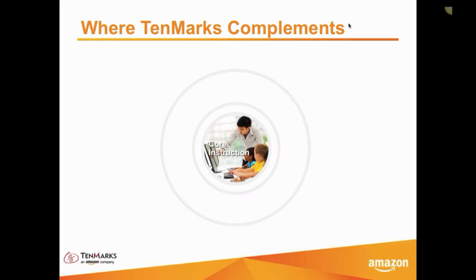On their TenMarks initial diagnostic assessment, they were at 44.9% mastery on last year's standards. But over the course of the year, they were able to actually score incredible results. Some of the new Smarter Balanced results are coming back, and actually in this particular class that you're looking at, a sixth grade class,